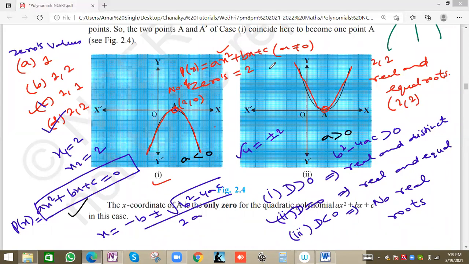Suppose anyone asks what will be the equation of these two curves. So can we find it, or is it possible or not? Equation of the two curves means, suppose we have these constants a, b, c, but a proper equation will not have a, b, c, it will have actual values. You're getting my point? Is it possible to obtain the exact equation for these two graphs or not possible?